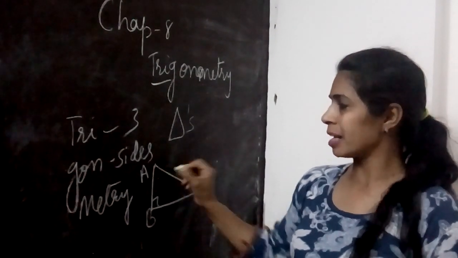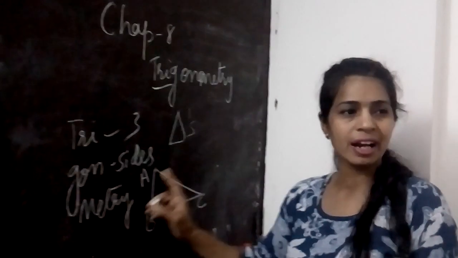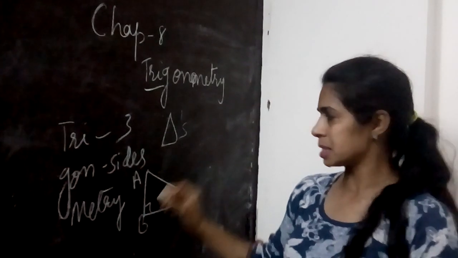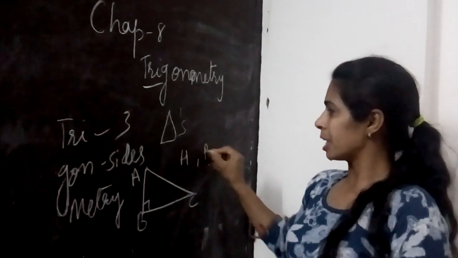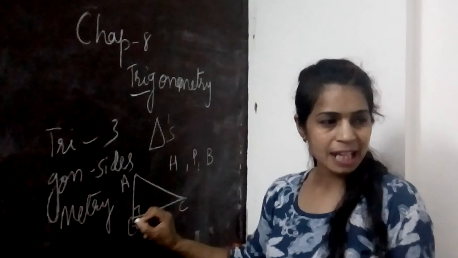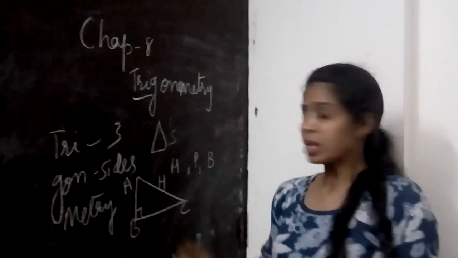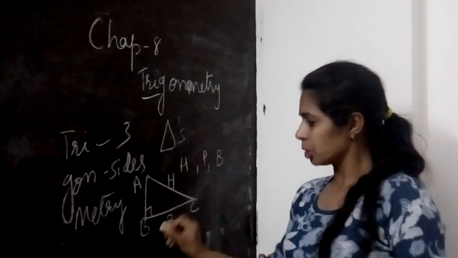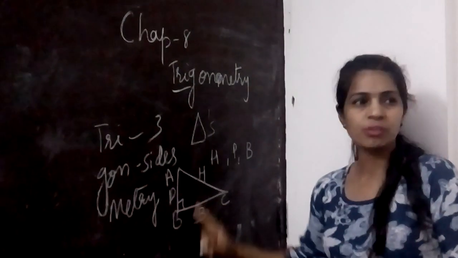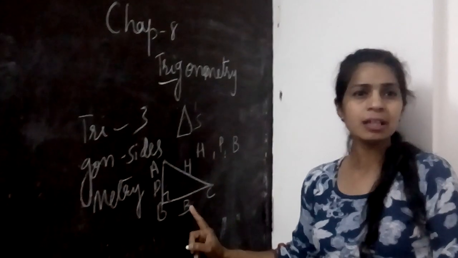Now, trigonometry, as the name is telling you and as you have already learned, in a right-angled triangle there are three sides that you have studied in your junior classes: hypotenuse, perpendicular and base. Now, you know the side opposite to the right angle is the hypotenuse, and the other two sides are termed as either perpendicular or the base. So we have a triangle depicting hypotenuse, perpendicular and base.